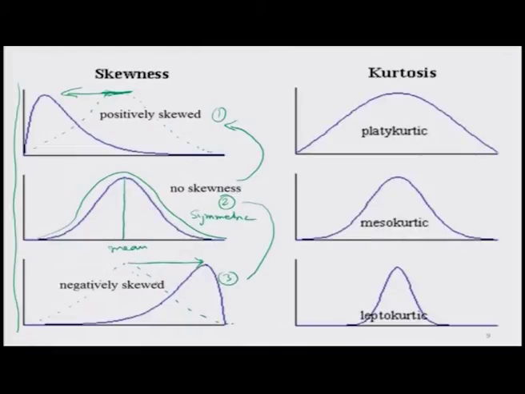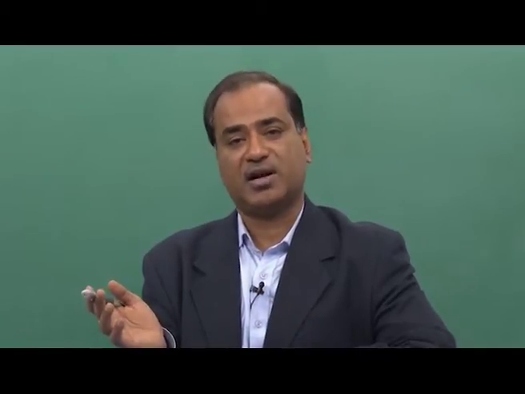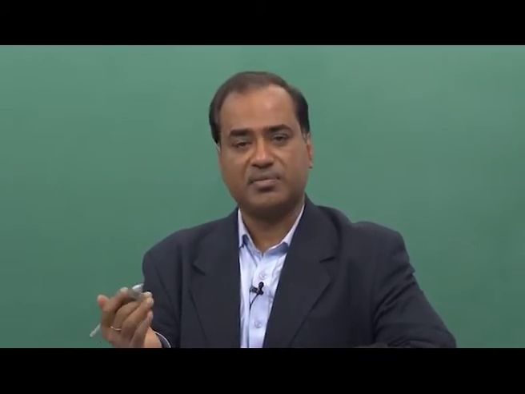So, this is essentially the feature which is characterized by skewness. Skewness is a measure of symmetry. Whenever we have a data set, we would like to know whether all the values are symmetrically distributed or not, symmetrically distributed around, say for example, the mean. Say half of the values are on the left hand side of the mean and half of the values are on the right side of the mean. Then I would say my data is nearly symmetric.